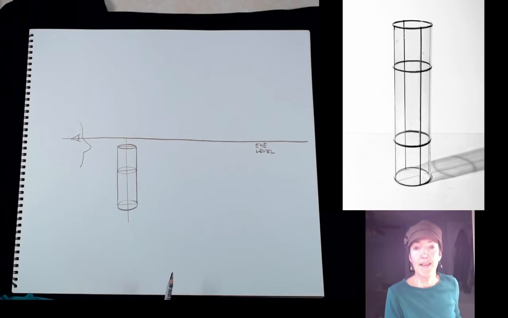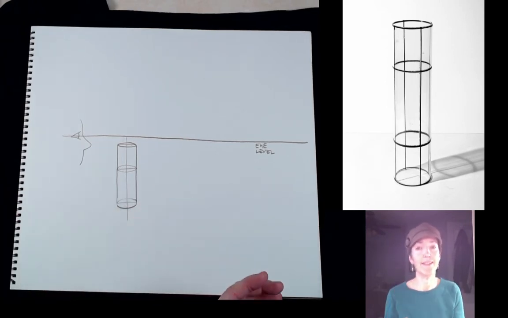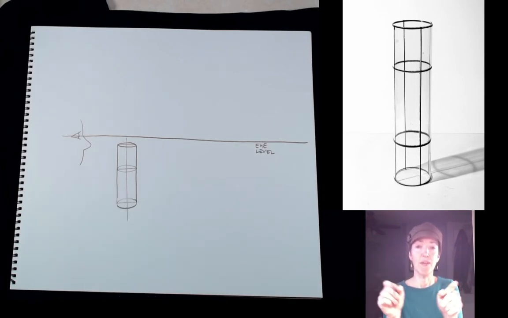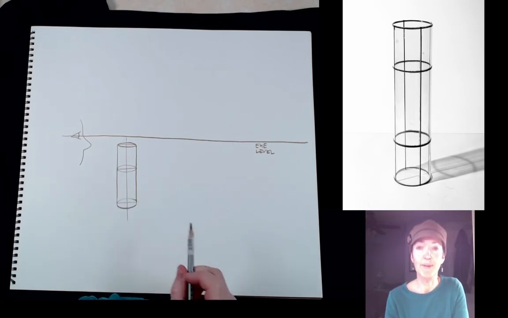So that's a really basic form. There are no tricky labels. The object's the same width from top to bottom, so we don't need to worry about changing the width of the object and adjusting the ellipse proportions according to the width, but that's a really simple object to start with.